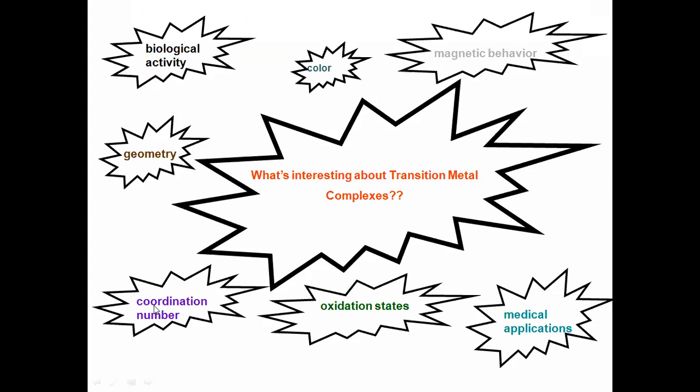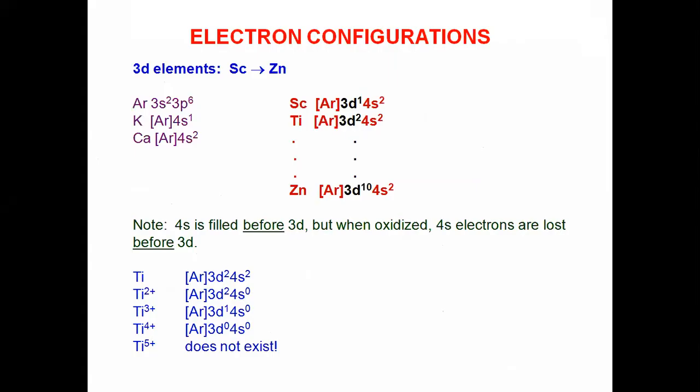They have different coordination numbers, that is coordination number 2, 4, 6, and so on. Depending upon the coordination number, they also show different geometrical shapes. For example, coordination number 2 gives linear geometry, coordination number 4 gives either square planar or tetrahedral, and coordination number 6 gives octahedral geometry. They also show certain biological activities. So these are some interesting characteristic features of these transition elements.